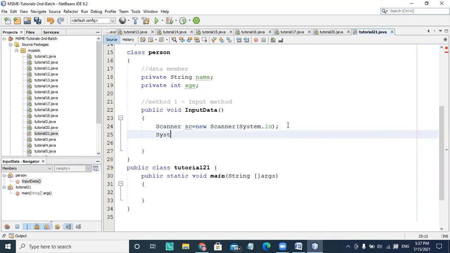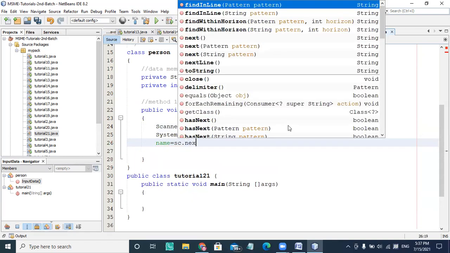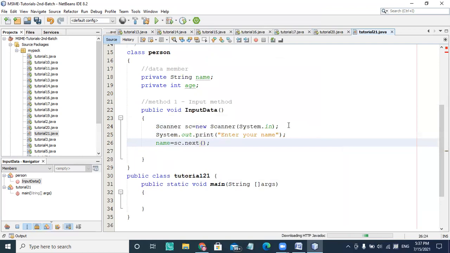and I'm taking the value for the name. So I'm writing System.out.print, not println, simply print, and saying enter your name. Then I'm using name equal to sc.next. Next is a method whose return type is String here.